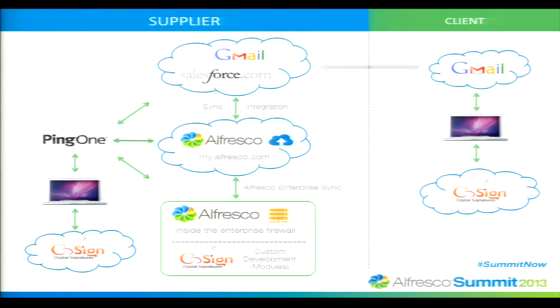The use case that we have proposed is basically an interaction between the client and the supplier, where the client says, okay, I have this business requirement, and the supplier creates an opportunity in Salesforce. This document is synchronized in Alfresco in the cloud and also on-premise. We review this document, we create a statement of work, we sign this statement of work, we update the opportunity that we had in Salesforce, we sign it using our Alfresco Cosign extension in Alfresco on-premise